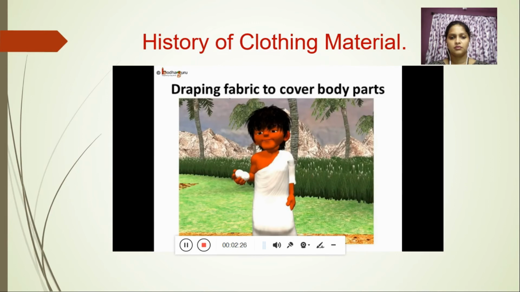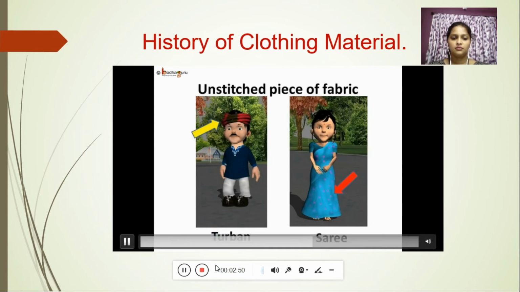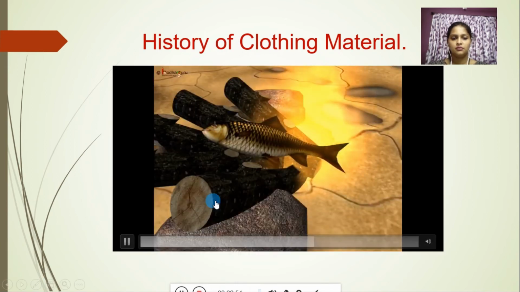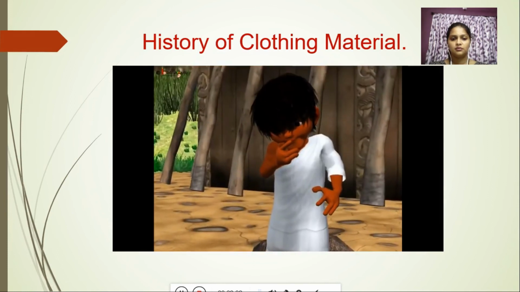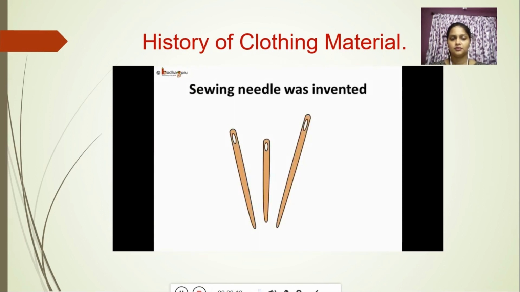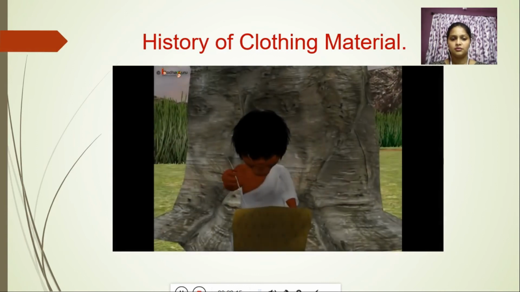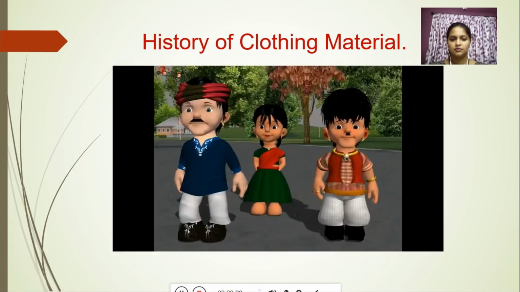So, what types of clothes were made out of these fabrics? Was it pants or shorts? No. In those days, stitching was not known. So, people simply draped the fabrics around different parts of their body. Just like even today, sari, dhoti, lungi, or turban is used as a long unstitched piece of fabric. Amazing, isn't it? Later, a sewing needle made of bone and ivory was invented. It was a great invention. With the invention of the sewing needle, everything changed. Slowly, people started stitching fabrics and learned to make different types of clothes as we wear today, like shorts, trousers,